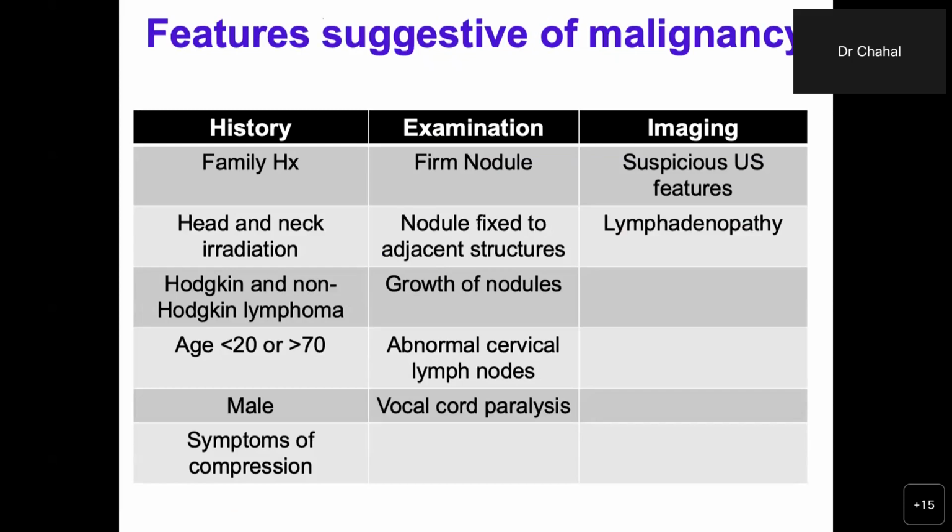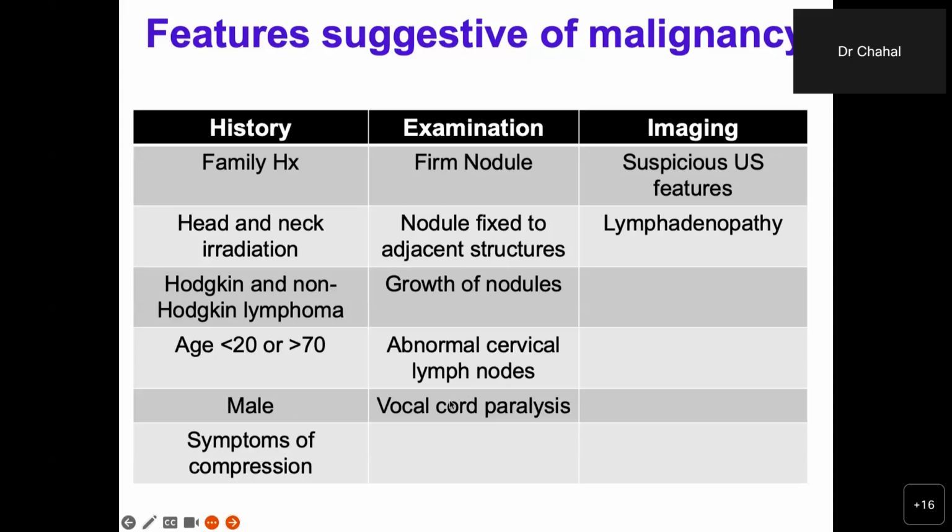Because our ultrasounds nowadays are very good at working out if patients may have thyroid cancer or not. Some of the history and examination can point towards it. So if your patient has a strong family history or history of neck irradiation or a history of Hodgkin's or non-Hodgkin's lymphoma, they may be at more risk of thyroid malignancy. If they're very young or very old, there could be. If they're male, there could be, or if they've got symptoms of compression. Certainly firm nodules we'll be very concerned about, as well as